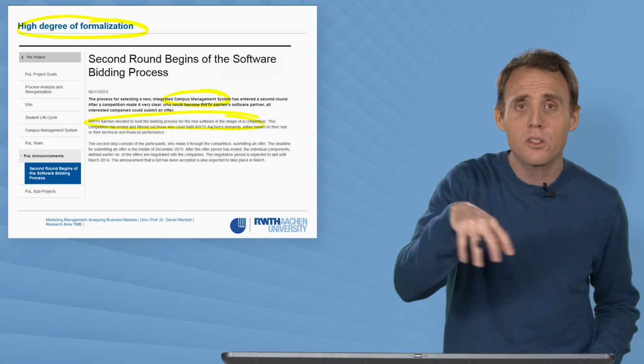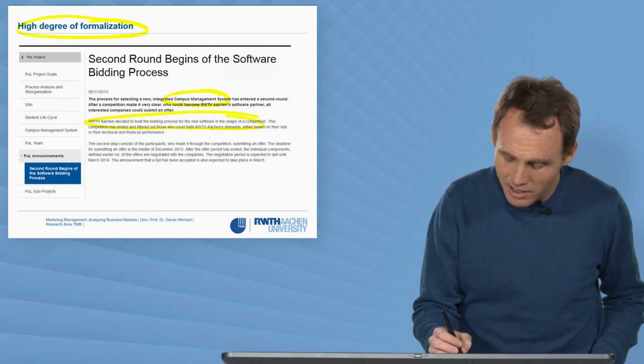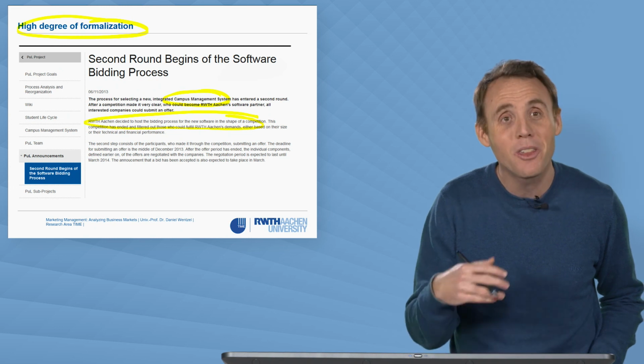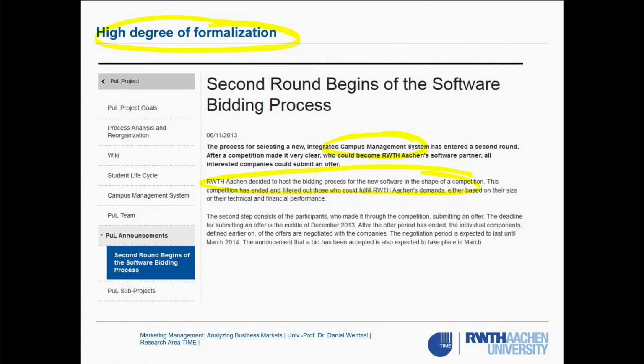After all these companies have submitted their proposals, the university makes some kind of selection out of the initial set, and then says, you've made it through the first step, and what we want you to do now is to submit an offer, right? A concrete offer based on what you promised in the first round. And then we will look at that again. I think there are many more rounds to go. I don't think they've made a choice yet.